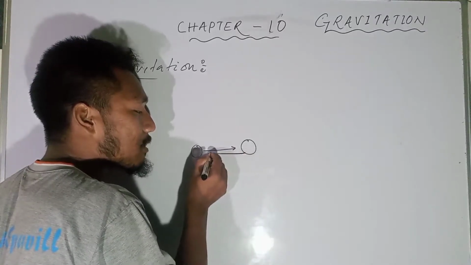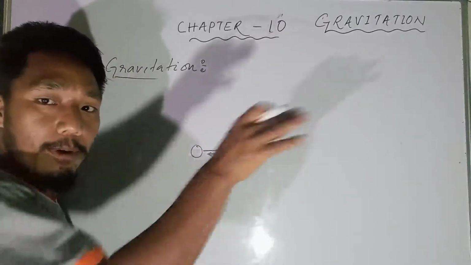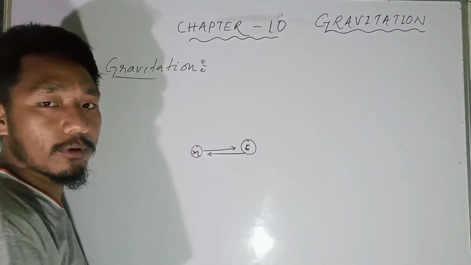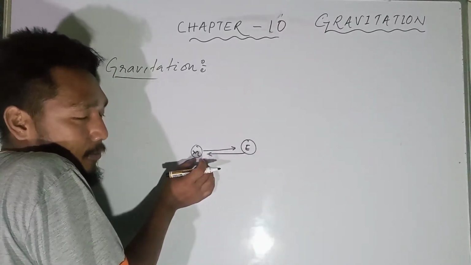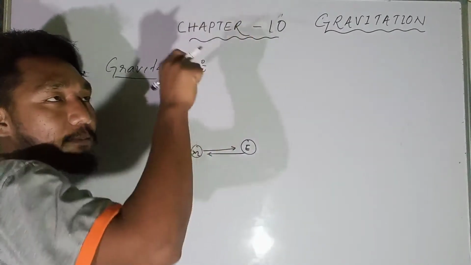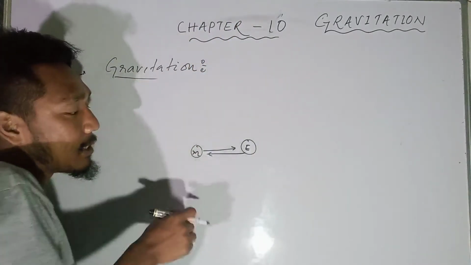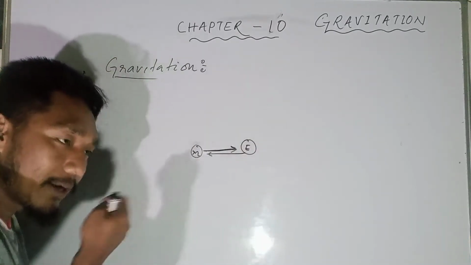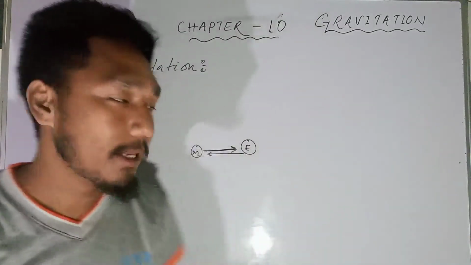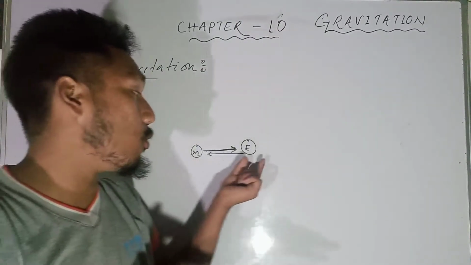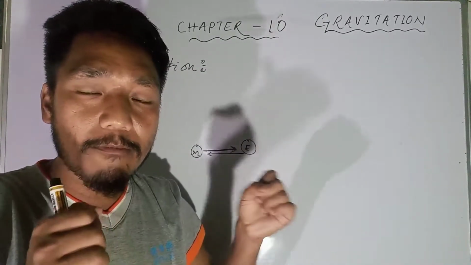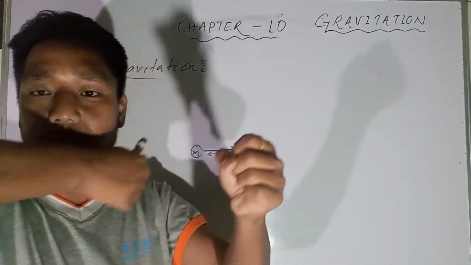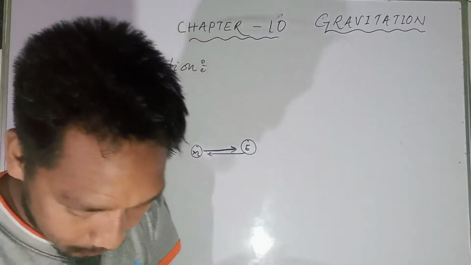The earth is attracting with force. That means it is pulling. The earth is trying to pull the moon. Correct or not? That means it will try to make the moon come toward it. But similarly, the moon is also pulling with a force of attraction. The moon is also applying the same force on the earth. So when the equal forces are there, the moon starts rotating around the earth. That's what we are discussing.